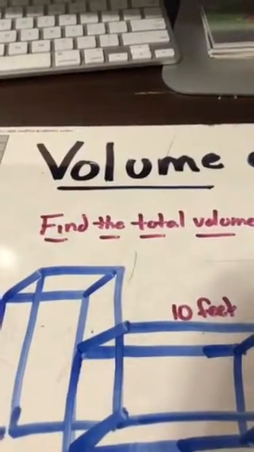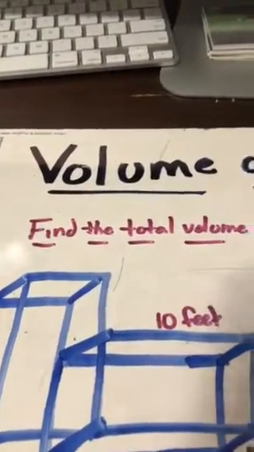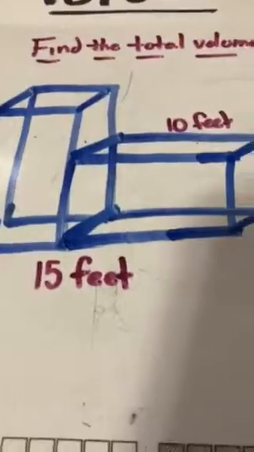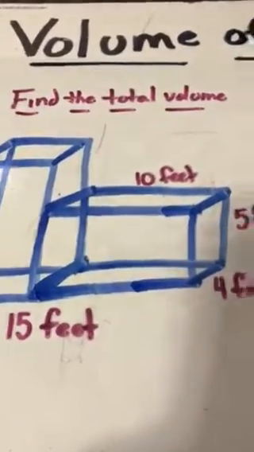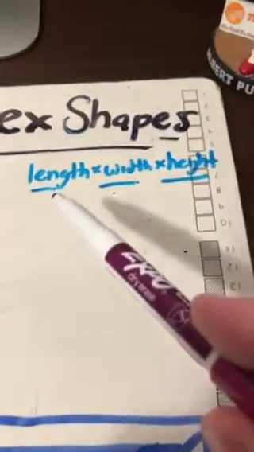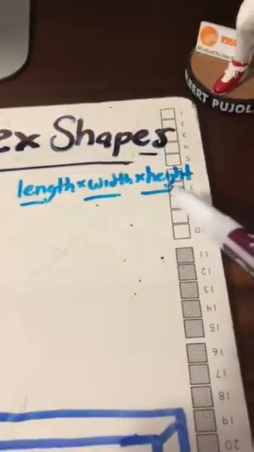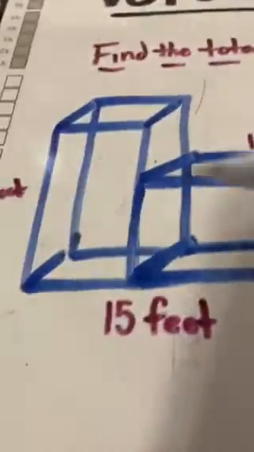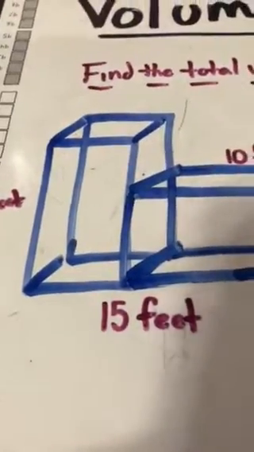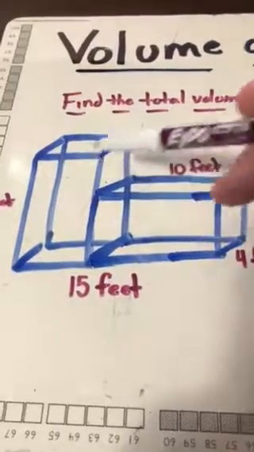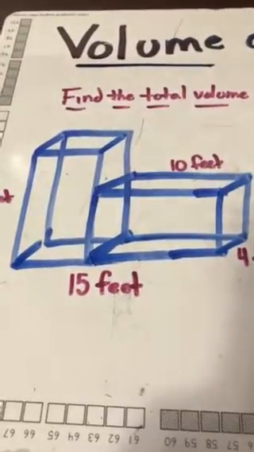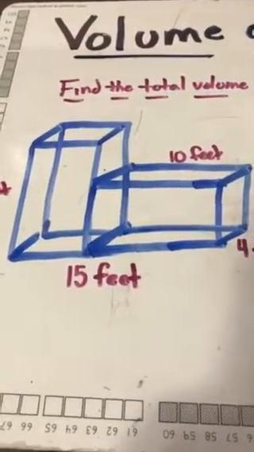This is a quick video to help you out on finding the volume of complex shapes. So we've already done volume this week, and when we were doing volume, what we were doing is using our formula, which was length times width times height, to find the amount of space that was inside a shape. So we're going to start working on complex shapes, and complex shapes are a combination of cubes and rectangular